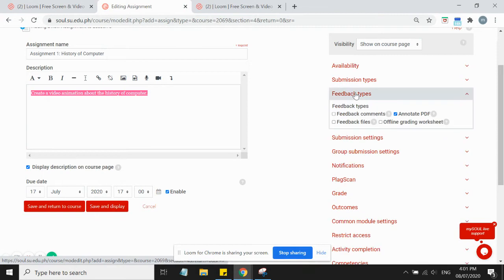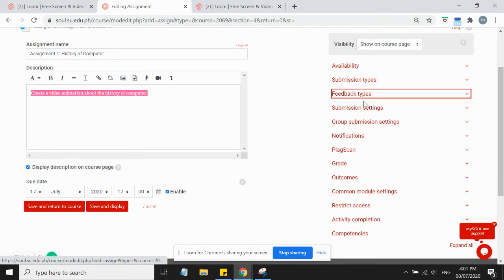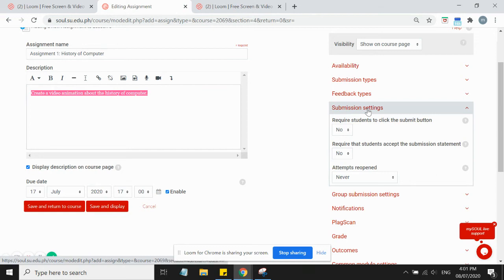And then we have the feedback type. So the feedback type, it's very important that you make sure that annotate PDF is always checked, and by default that's checked. And also feedback comments, activate feedback comments and change comment inline to yes. Okay, so that's it. And submission settings,